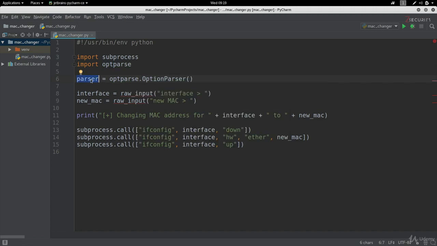Now parser here is just another variable, so it's similar to interface and new mac. The difference is the value that it holds is different than the value that's held in here. So for example, interface here gets whatever value is returned by the raw input, and the raw input returns whatever the person enters. And the person enters a sequence of characters for the name of the interface, so the interface usually holds a value of a string, a sequence of characters. Parser, on the other hand, is going to hold the value of whatever